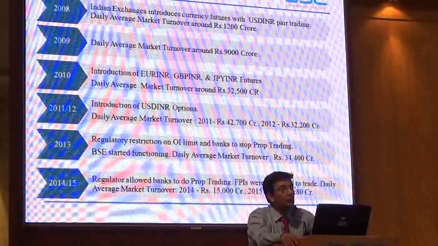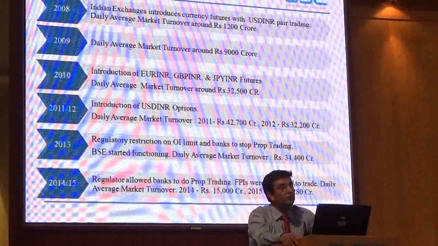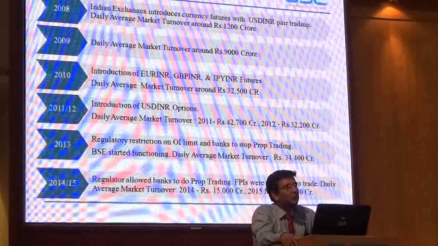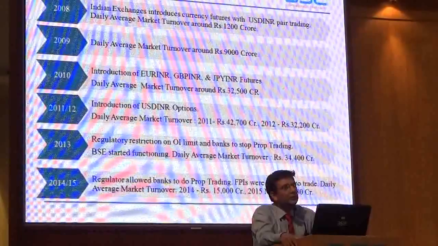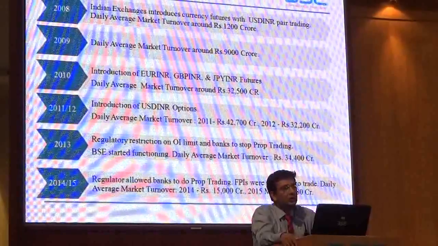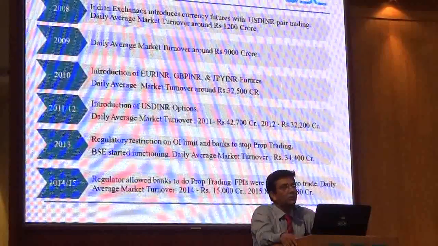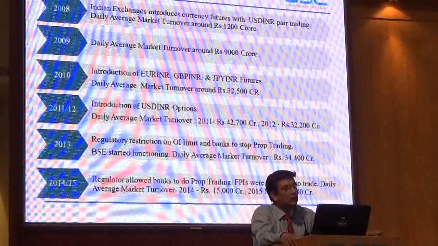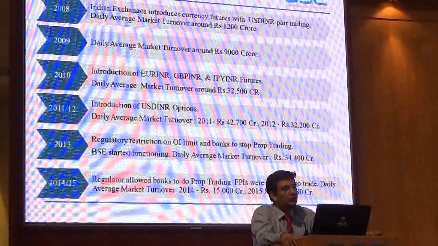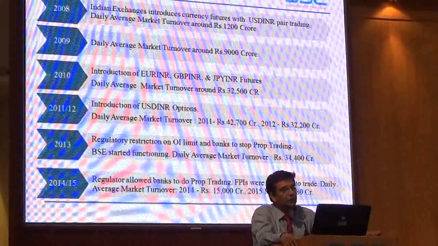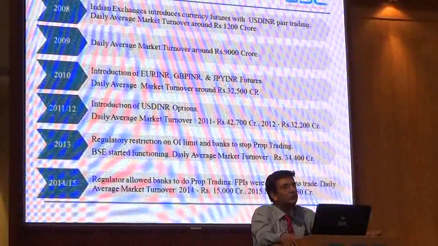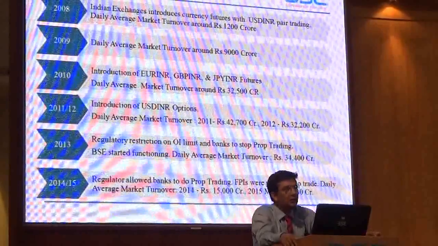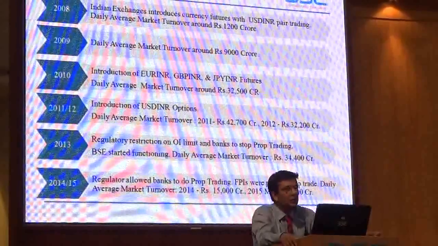traded. But in 2012-13, due to depreciation of the rupee, regulators put restriction on the OI and restricted banks from trading on proprietary trades. So the volume went down. Lately in 2014, regulators allowed trading for the proprietary position of banks, and they have removed some of the restriction on OI. Still there are some restrictions on the corporates and FPI side on the OI position, which we